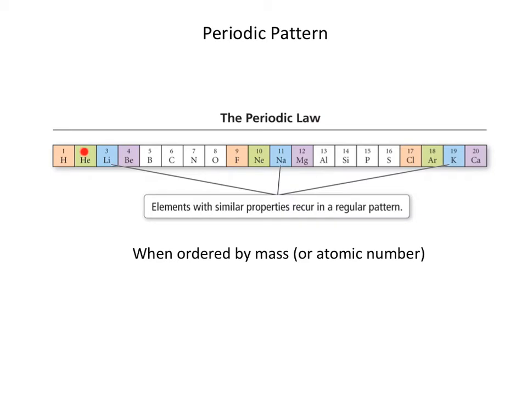So they had helium, and 8 elements down the list they had neon. And 8 elements down the list they had argon, and they were all very unreactive gases. And then they had lithium, which was a very reactive metal. It would react violently when you put it in with water. And again, 8 away, you had sodium, and 8 more, you had potassium, and they all had similar properties, very reactive metals. Or we had hydrogen, and fluorine, and chlorine, all very reactive nonmetals. And so they noticed that the properties of elements tended to repeat themselves.